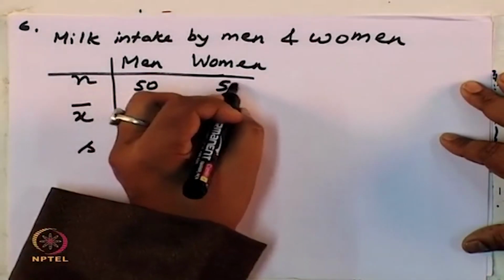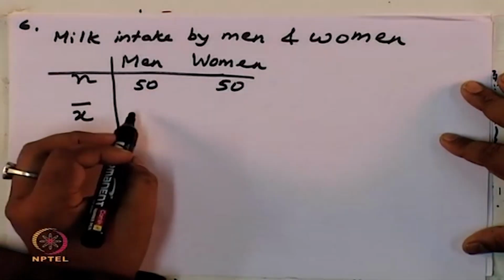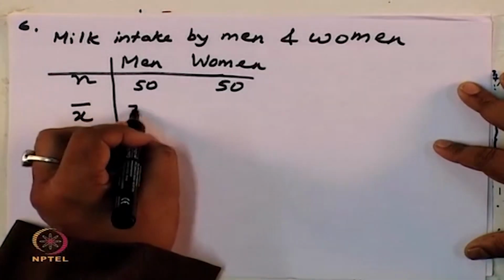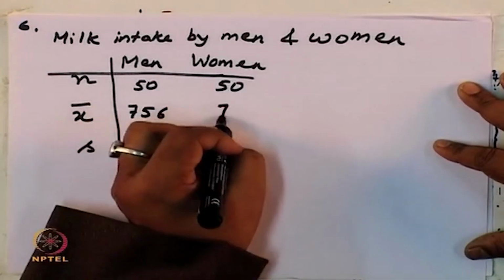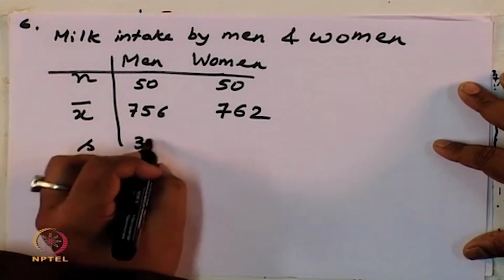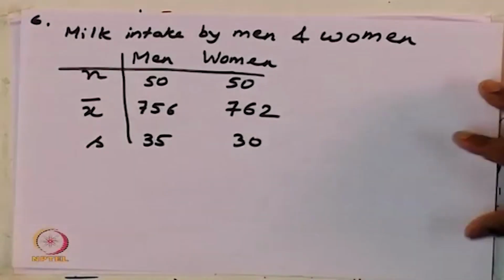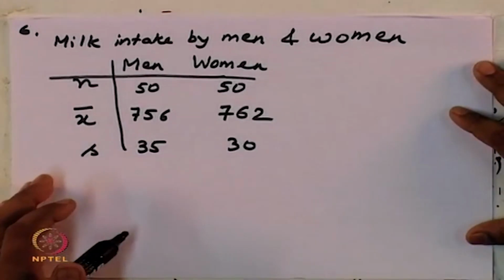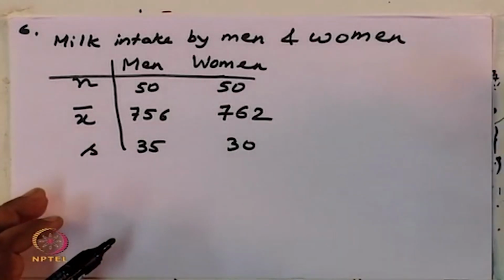Let us say you chose 50 men and 50 women and computed their average consumption of milk in a given week, and the standard deviations are 35 and 30 respectively. You want to make a conclusion for determining whether men consume more milk than women or the other way around. So, what we can do is we can find out the 95% confidence interval